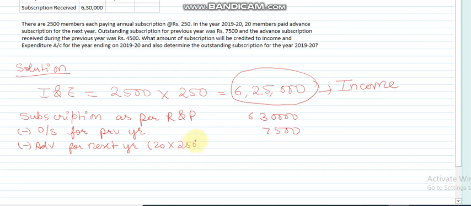So it will be 20 into 250, which is 5,000. We will subtract 12,500 from 6,30,000 and we will get